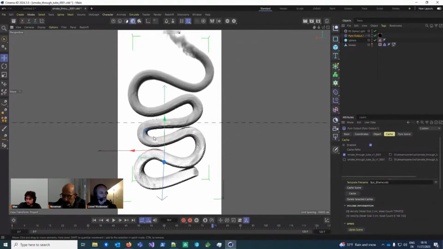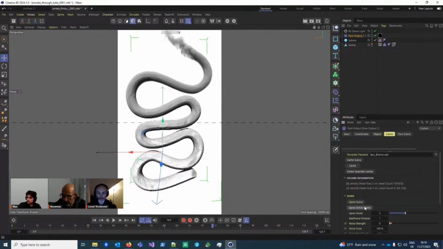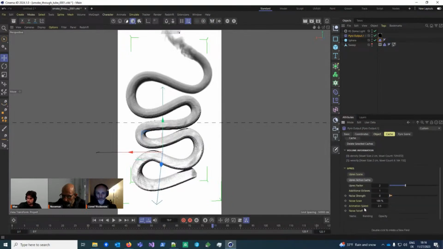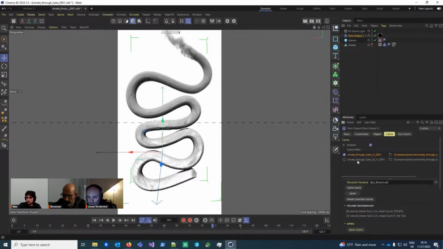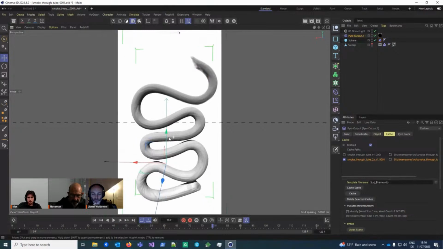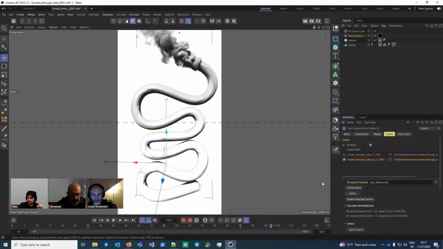And for that, I used this upres active cache function to increase the resolution by a factor of 2 in every dimension, which is overall an effective resolution of 8, to create this cache here, which takes a bit to load because the velocity field is huge. But it will look very smooth. Just to remind everyone that in order to get your upresing to work, you always need velocity.